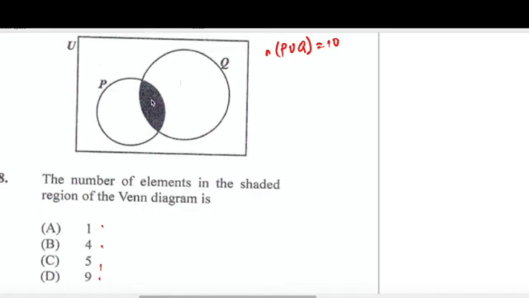Well, if there was 1, which is A, then there would have to be 8 here to give you 9 in this Q, and then there would have to be 4 here to give you 5 in P. But we could see that this does still not add up to 10. So obviously, it would probably have to be 4. With 4, we would have to have 5 here in order to give us 9 in Q, and we would have to have 1 here in order to give us 5 in P. And so 1 and 4 is 5, and 5 is 10. So inside of there, we have 4